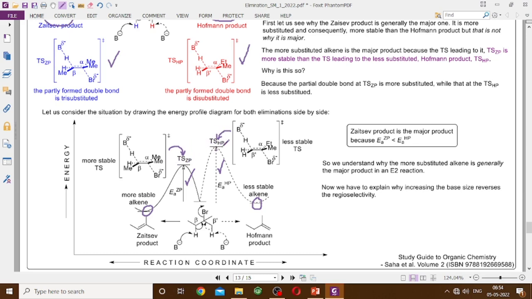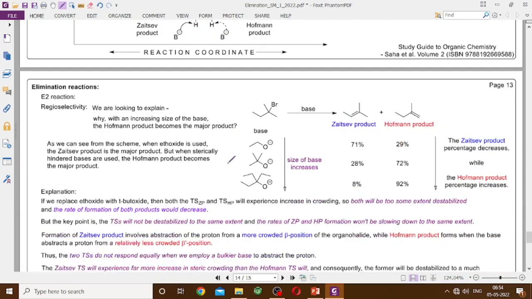Hofmann product আর Zaitsev product এর যে ট্রানজিশন স্টেট, সেই দুটোর সম্বন্ধে যদি কোয়ালিটেটিভ আইডিয়া আমরা আনতে চাই, তাহলে আমাদের এই আলফা বিটার মাঝখানে যে পার্টলি ফর্ম ডাবল বন্ড তার সাবস্টিটিউশন প্যাটার্ন দেখতে হবে। Now next question is that why is the thing changing if I am changing the base size? So এখানে তো এই প্রোডাক্টের ট্রানজিশন স্টেট তো সবসময়ই মোর সাবস্টিটিউটেড পার্টলি ফর্ম ডাবল বন্ড থাকবে, এটার হফম্যান প্রোডাক্টের টিএস সবসময়ই লেস সাবস্টিটিউটেড পার্টলি ফর্ম ডাবল বন্ড থাকবে, তাহলে তো টিএসটা সবসময়ই মোর স্টেবল হওয়ার কথা।